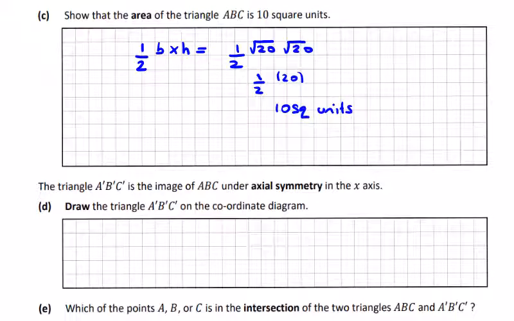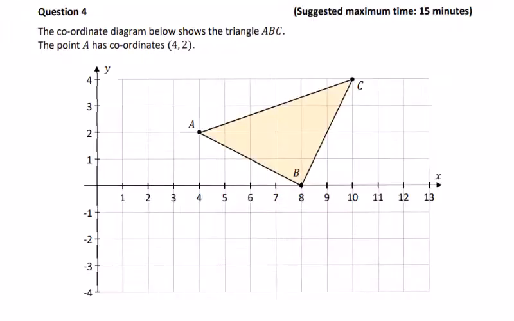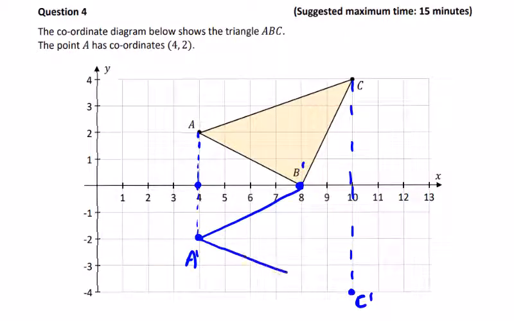Then we're asked to draw A prime, B prime, C prime, or A dash, B dash, C dash, the image of ABC under axial symmetry in the x-axis. So we just got to mirror it through the x-axis. So the x-axis, axial symmetry, A is up 2, so go down another 2, we get to A prime. C, we have to go down 4, go down another 4, we get to here. C prime. B, because it's on the x-axis, doesn't move, so it becomes B prime. And if we're to draw this triangle, A prime to B prime to C prime,